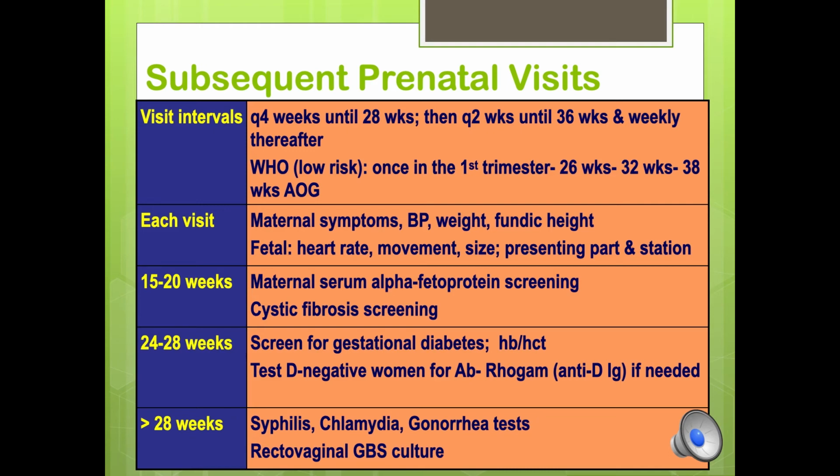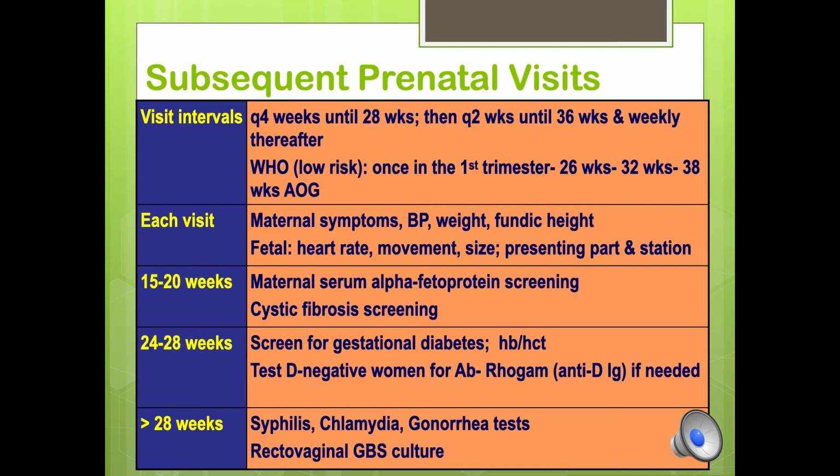Actually, this one is done in other countries. Locally, we don't request for this or we don't screen this because of the low incidence of cystic fibrosis. At 24 to 28 weeks, among Filipinos, this is universally done, screening for gestational diabetes. Also, hemoglobin hematocrit again is requested during this time as we know that physiologic anemia happens at around this age